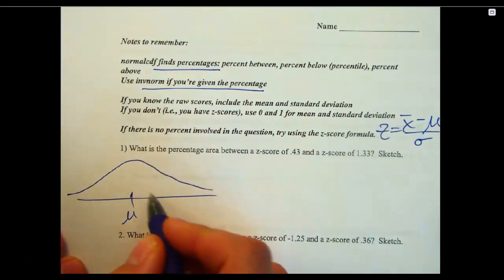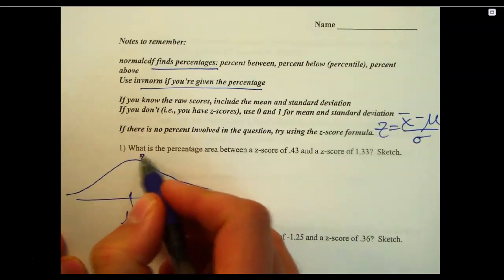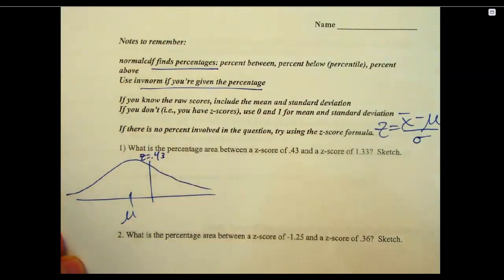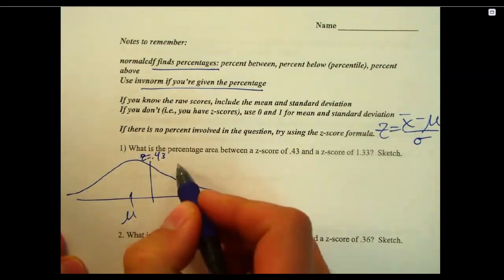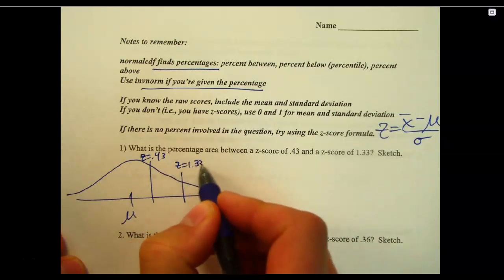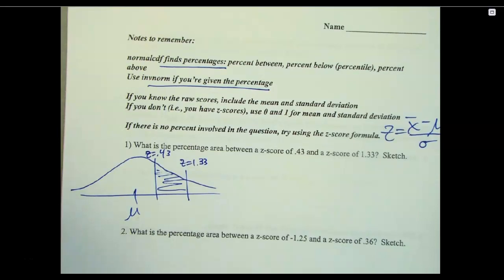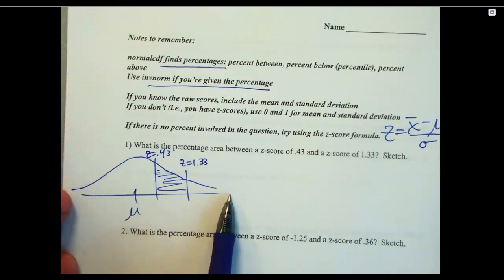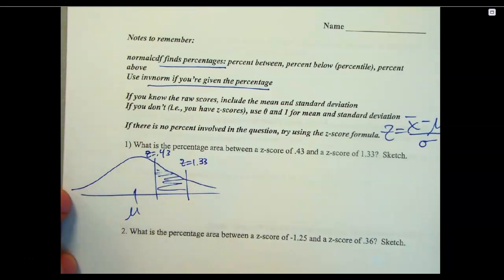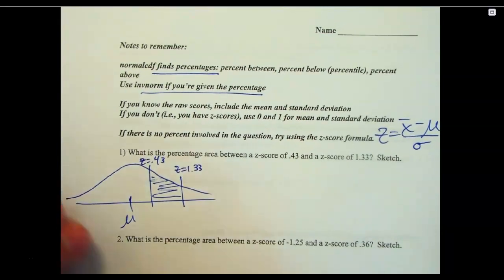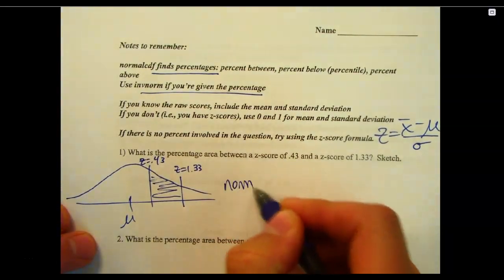Above. So just go somewhere over here and put z equals 0.43. And then a little further above would be z equals 1.33. Gotta shade that in. So just start thinking about your answer. Should it be bigger or smaller than 50%? Should be smaller, right? Because all the way above the mean is 50%, but we're only looking for a little piece of that. So you would type in normal CDF